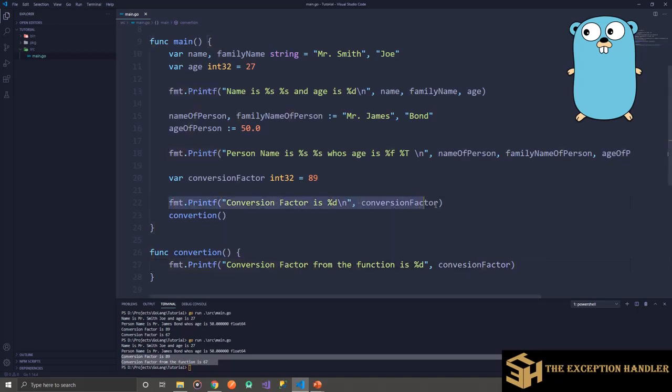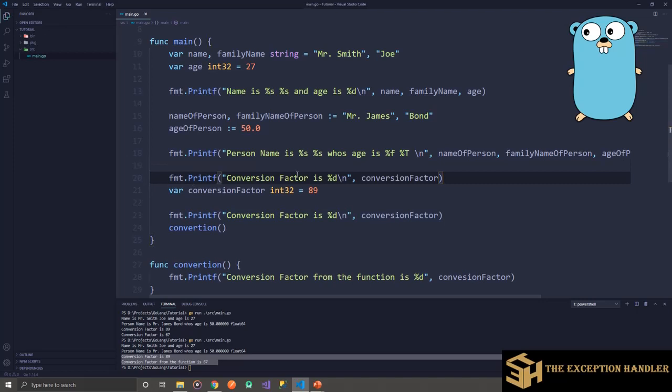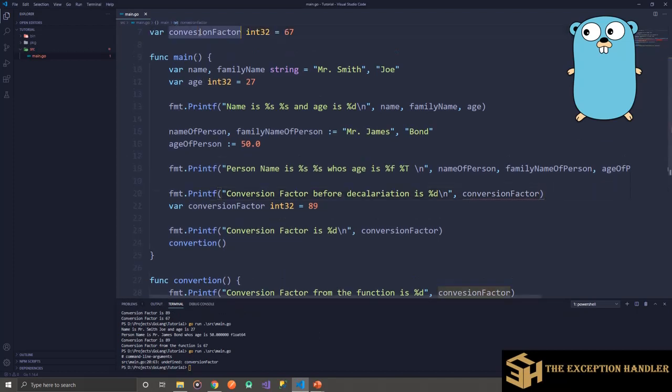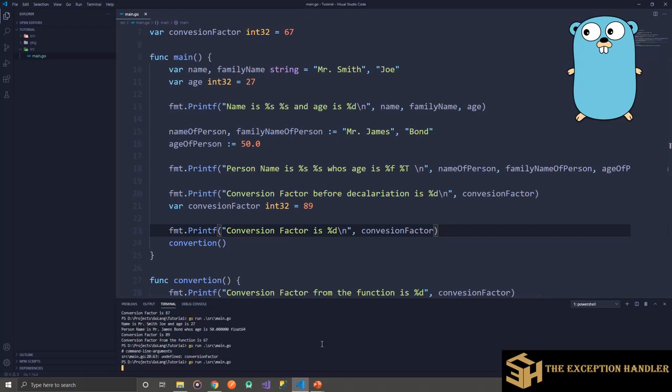But if I would have written this statement just above this declaration, before declaration, pardon me with my spellings, I think there is some mistake with my spelling, sorry, the spellings were wrong.